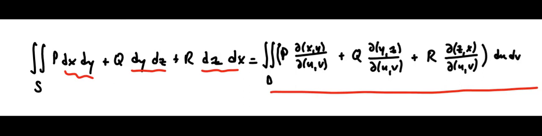We can now see why this thing would make more sense. And these results here, dx dy, dy dz, and dz dx being equal to Jacobian determinants times du dv,